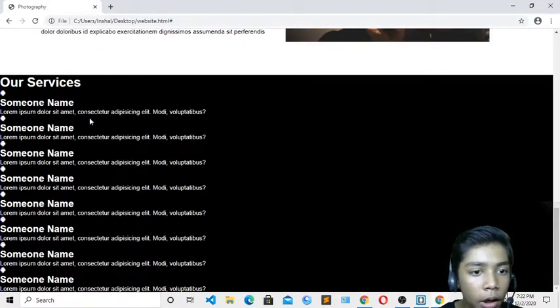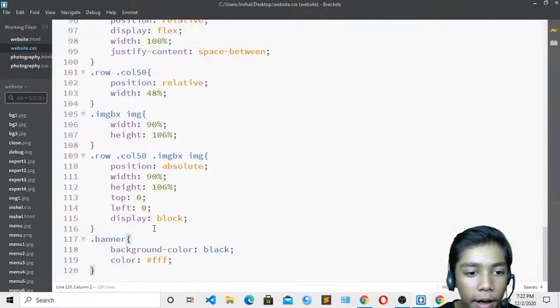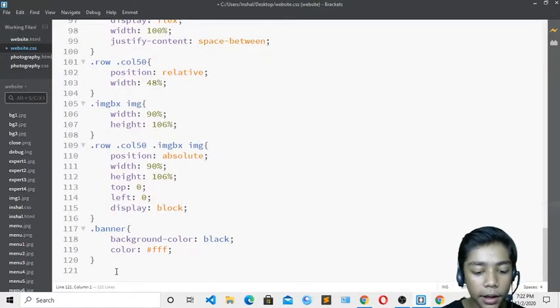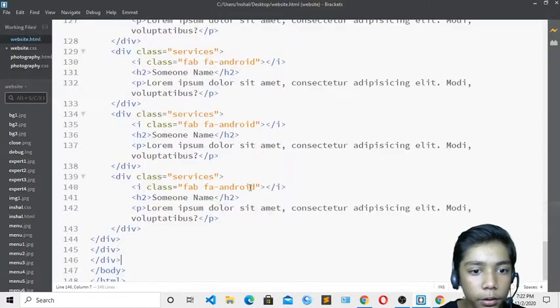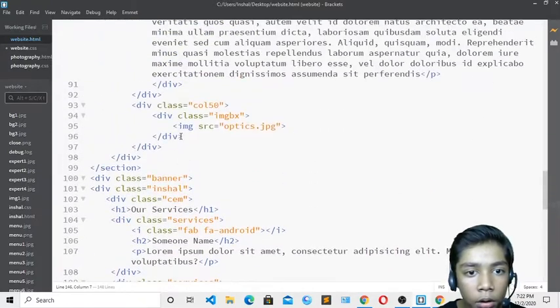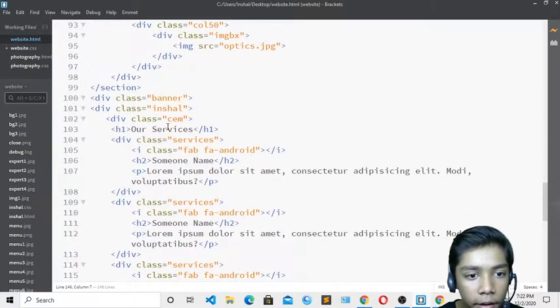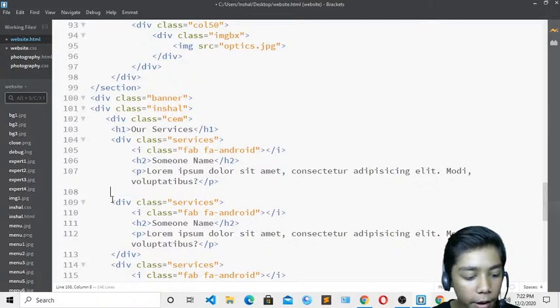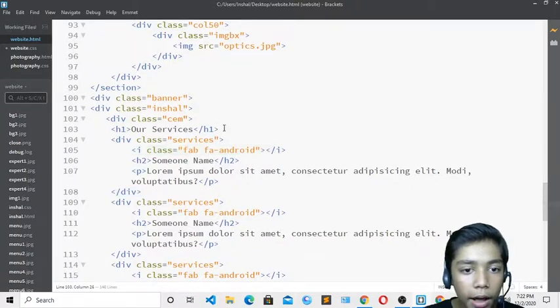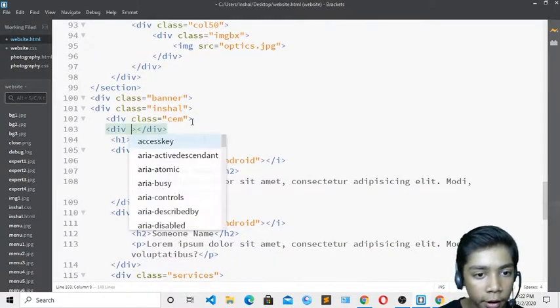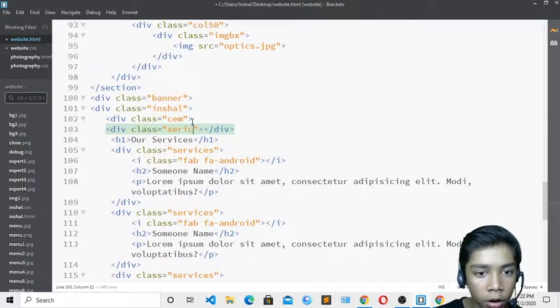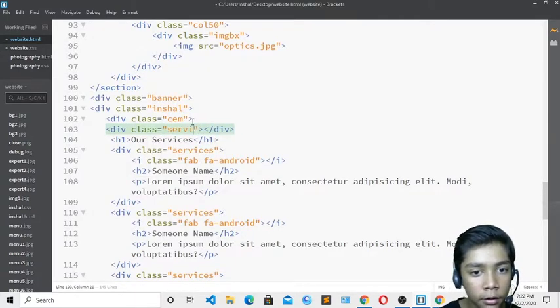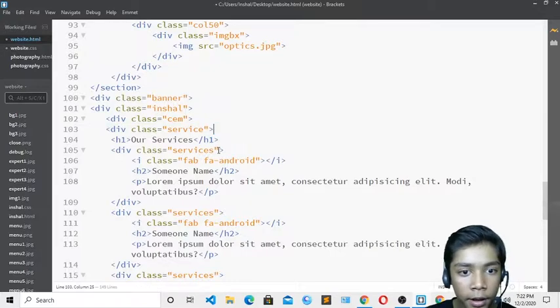Now here we have to style that. I will minimize, and I will take the our services text to center. The class of our services is over here, and now I will copy this div from here. Control Z and control Z, copy, and control Z over here. Here it is just div, and write over here class service. Okay, not services, so I will write service, copy this closing div, and paste that over here.